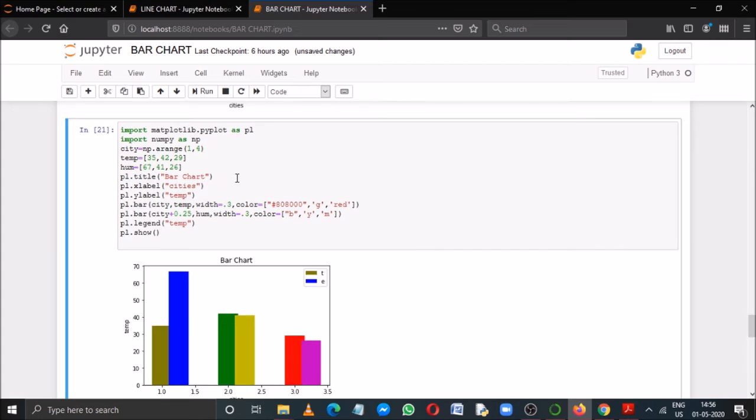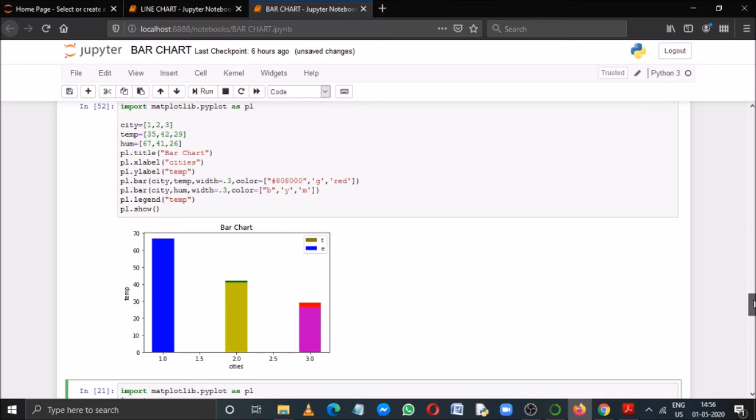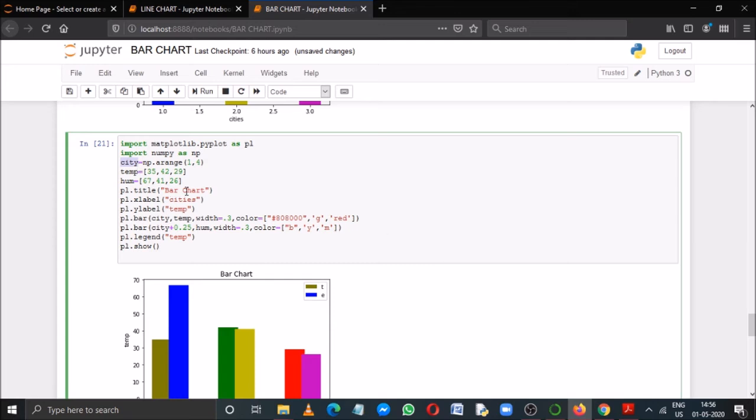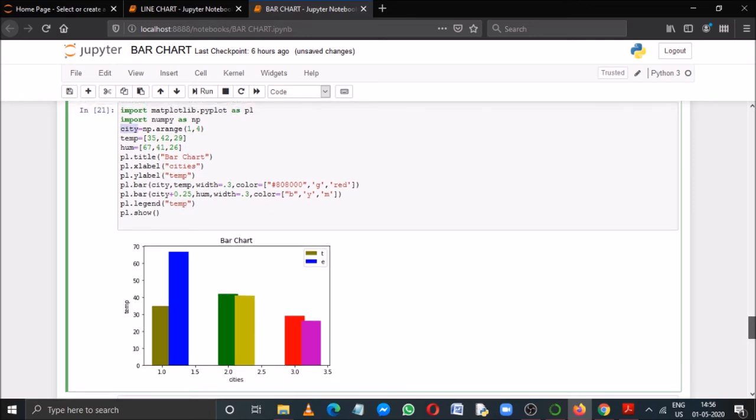See here the basic portion is same as the previous one, I have just changed a little bit in the second bar function. So what I have done, initially I took a NumPy array called city. Here in the previous program I took the city as a list. Now we cannot add a scalar value to a list, all of you know that. That's why I took a NumPy array here. For a NumPy array the scalar operations are possible. We can add a scalar value to each individual element of the NumPy array.